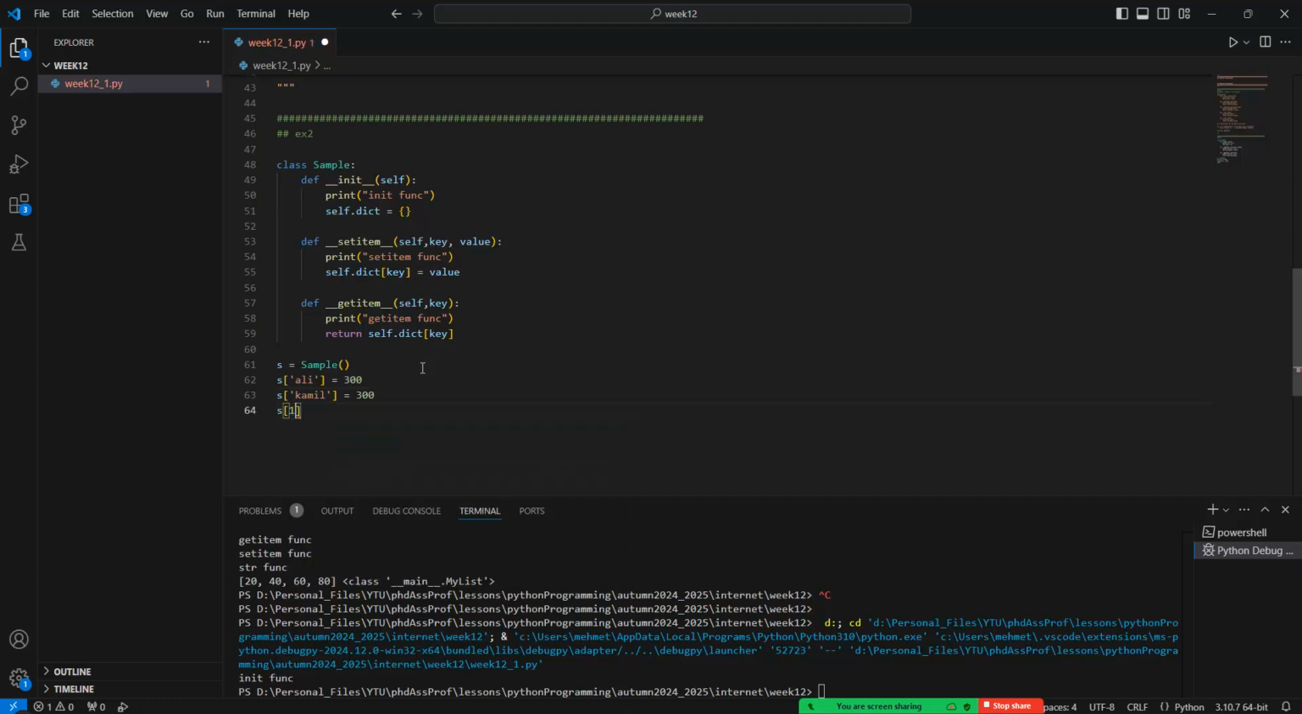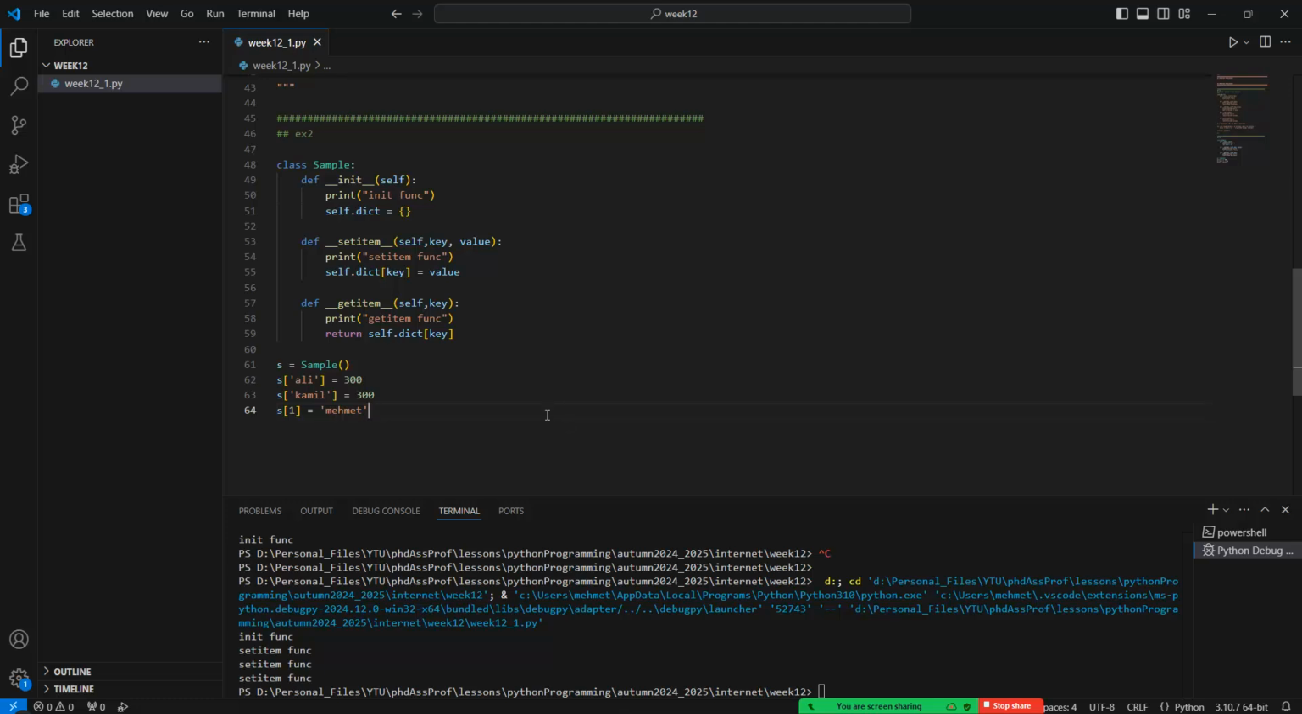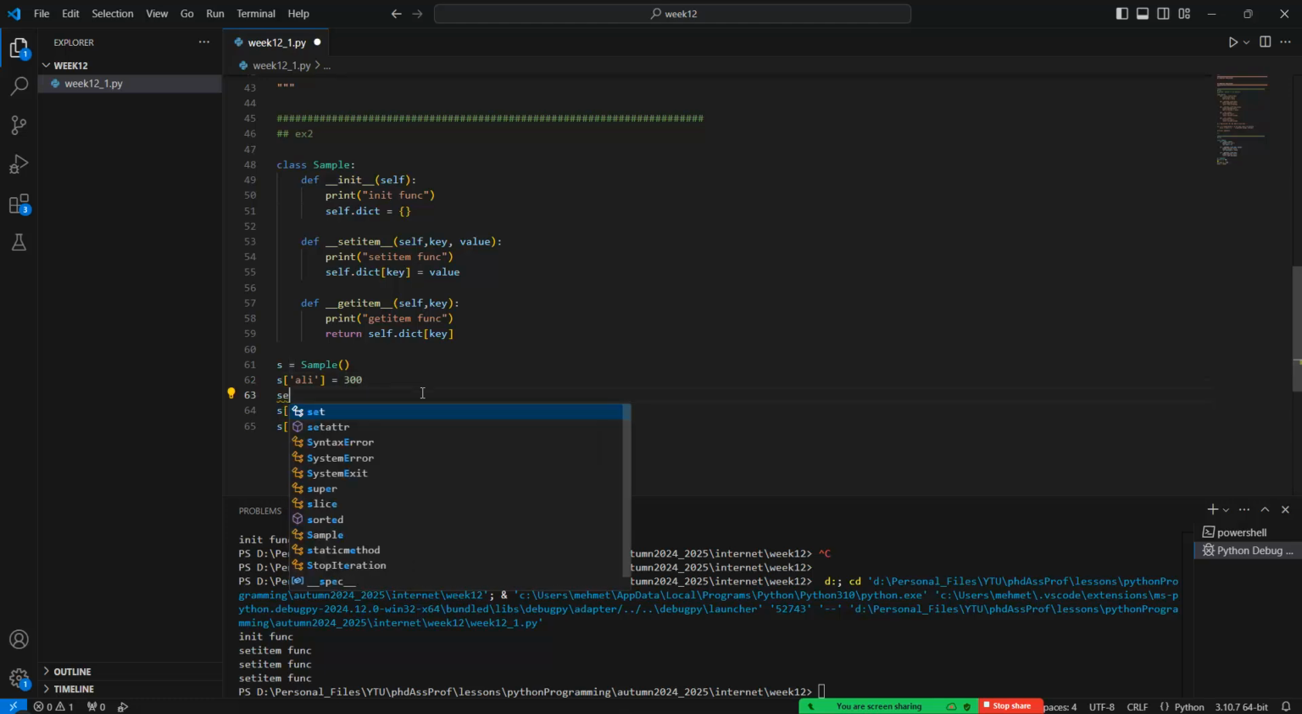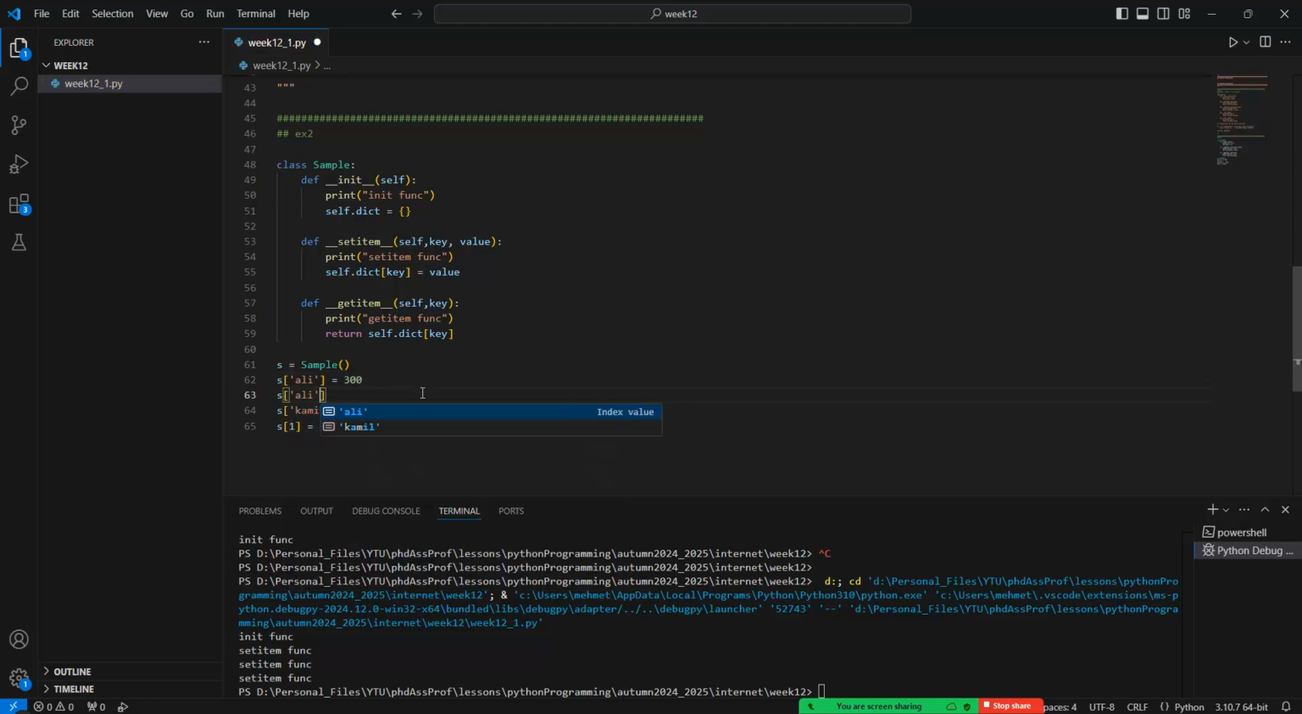Okay, and also S1 is equal to Mehmet. And so if I run this code, which print is seen in the terminal? Yes, the set. Because we set this specific item, and so this assignment operator is just like this one, the S Ali and set item, see, and so 300,